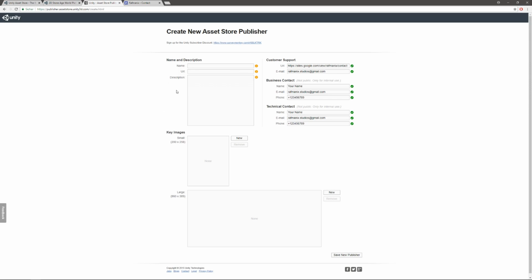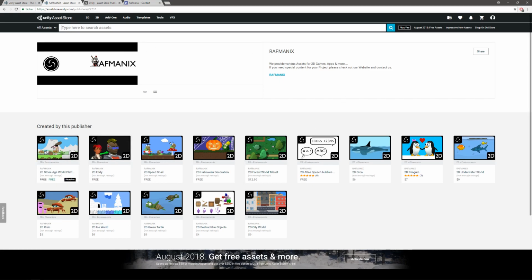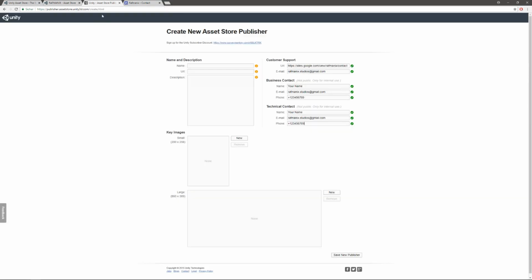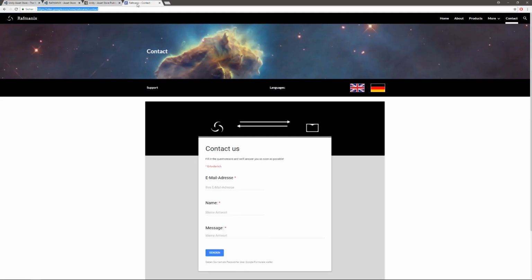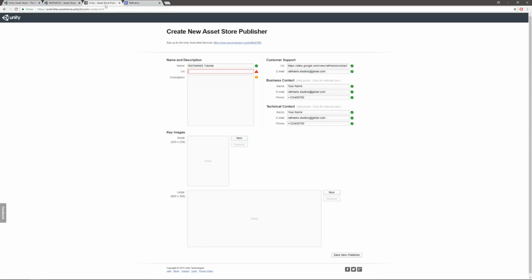Then in this section, the name, description, URL and key images you will find later under the heading with your name or your company name. Here are the key images and the support icons for your customers. What you have to do here is write your name. This is important, you must do this. For the URL, the web link, we choose our home website here. Like before, copy and paste it in.